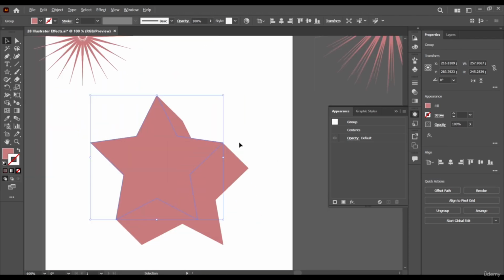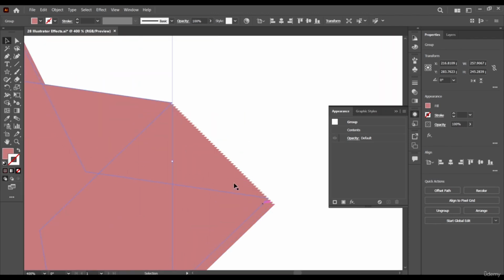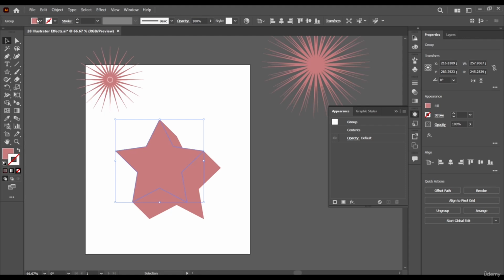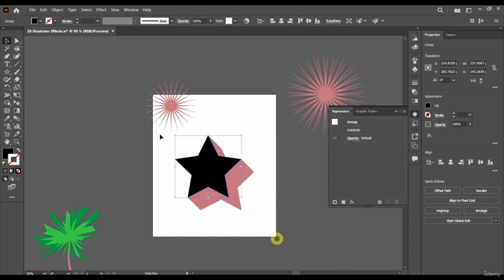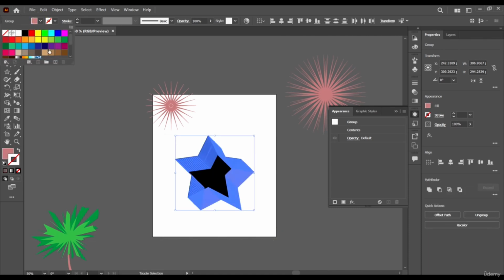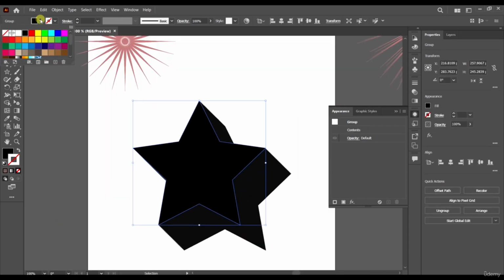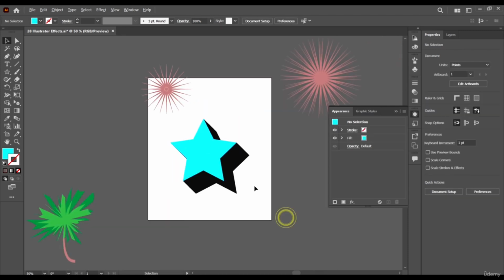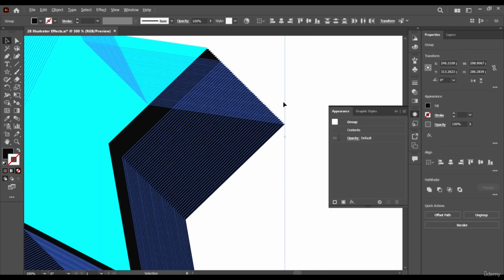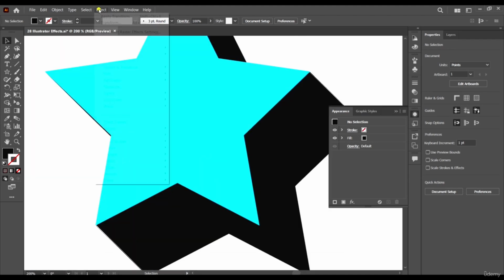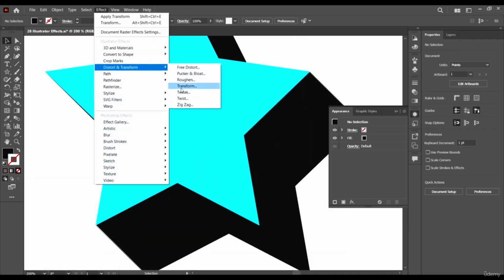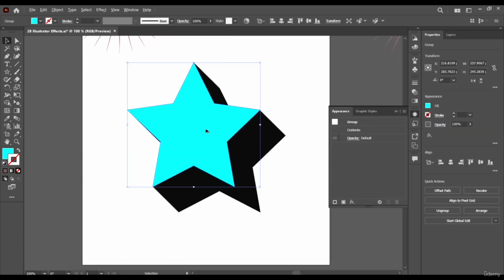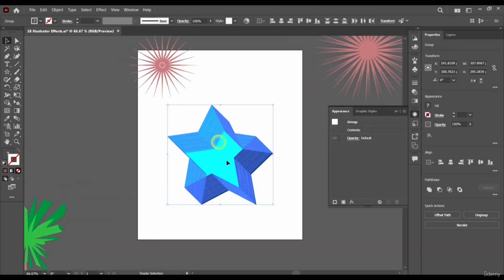So let's try ungrouping. After expanding our shape, we can now see that we have each of these shapes as separate shapes. Now we can select this guy and maybe change the color to black. Or maybe select all of these guys and change the colors to gray, and then change the main one to blue. After we change it to blue, we can see that this now looks like a long shadow effect. So using the transform effect, we can create this kind of long shadow effect.